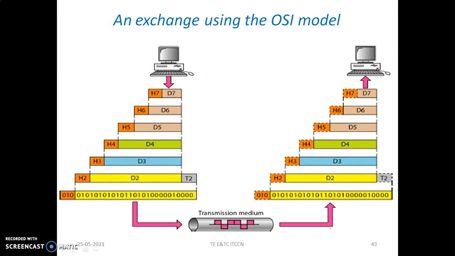So this is again the diagrammatic representation of the exchange using the OSI model. This diagram indicates, let us call this machine A and this machine B. Diagrammatically, if you see logically and look at each and everything minutely, it becomes clearer how the exchange of data takes place and how the network works as a part of the OSI model. So this is machine A, machine B. Machine A has to interact with machine B.